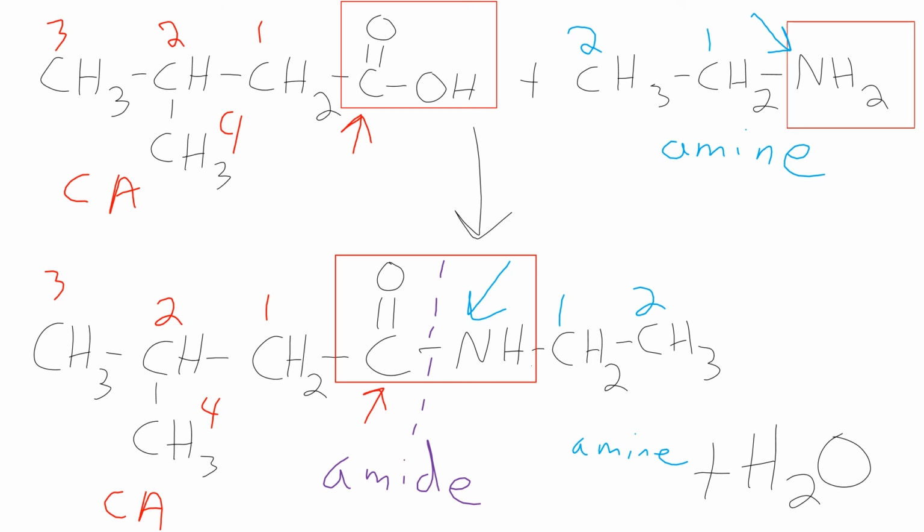You may be looking at, where did this water come from? The water is also produced in this reaction. Where did this water come from? Well, one of the things that you didn't use from the amine is, notice that you didn't use one of the hydrogens. What didn't you use from the carboxylic acid? You didn't use the OH, so the OH and the H helped form that water.